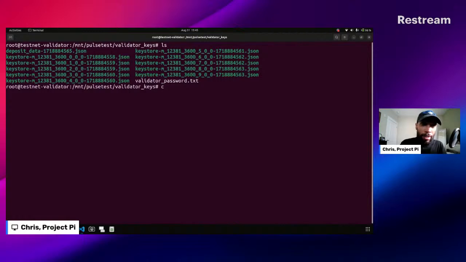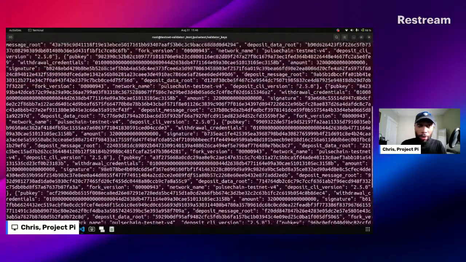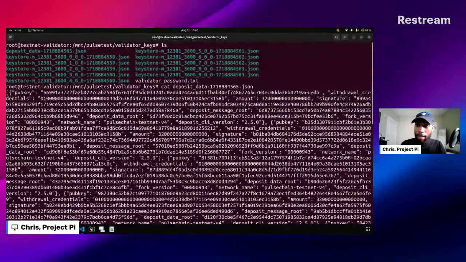So for example, when you're setting up a validator, you're going to have to save the data.json file information anyway. So for example, if I do cat deposit, again, I'm running potentially 10 validators on testnet. So that's why it's a lot of numbers and a lot of stuff going on. But essentially, you're going to need to save